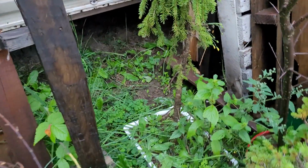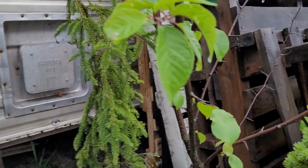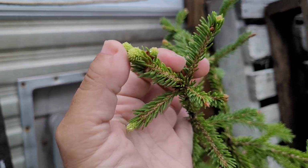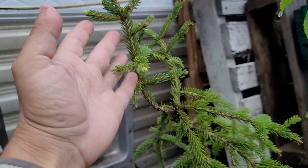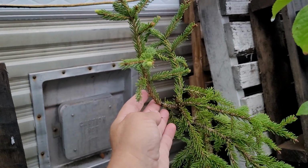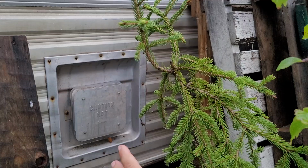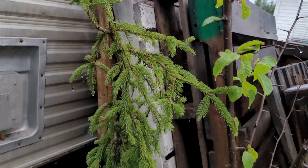And my beautiful pit tree that I just love, that I was so worried about, is finally budding out. And they're just little teeny tiny buds. So I'm just gonna let them go. I'm assuming this one is probably the leader that I'll keep. It's going up nice. I haven't done any cutting to it. I probably should have, but